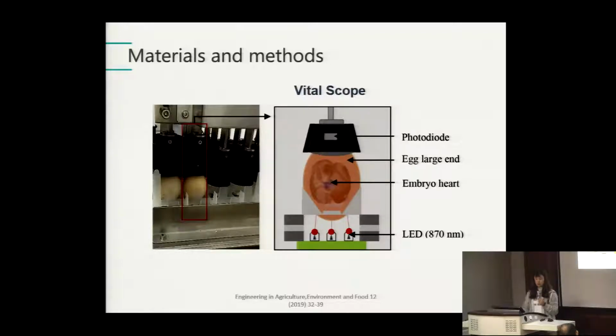It consists of 6 LEDs to emit light at 870 nanometers, and a photodiode receives the light passing through the egg,